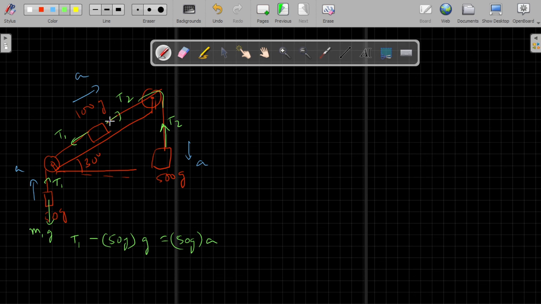This is the equation for block number 1. Similarly, we write the equation for block number 2. We would say T2, that is the force in the positive direction which we have chosen, minus 100 gram mass